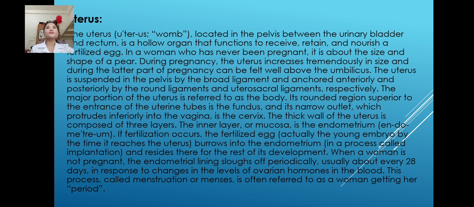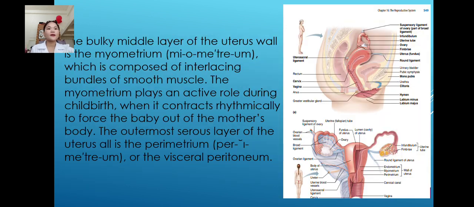So the major portion of the uterus is referred to as the body. Its rounded region superior to the entrance of the uterine tubes is the fundus, and its narrow outlet, which protrudes inferiorly into the vagina, is the cervix. So here, the thick wall of the uterus is composed of three layers. The inner layer,